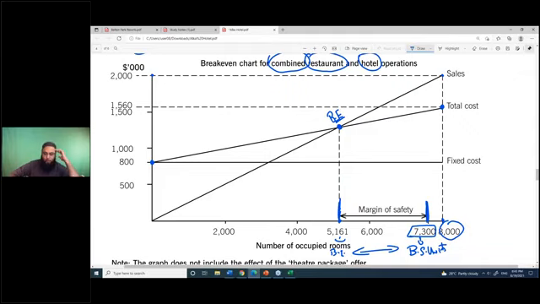Secondly, what about your sales or selling price? Selling price per unit remains constant if the line is straight. This is a linear line, and you must know this is a break-even chart. It's a linear straight line, and when the line is straight, it means the per unit is constant for sales. So if I use this as an example, 2 million divided by 800. So my selling price will be